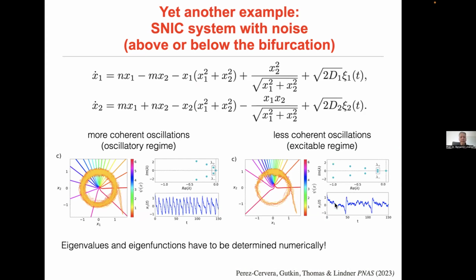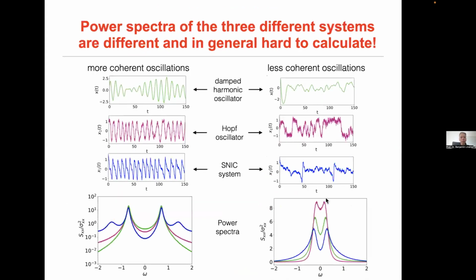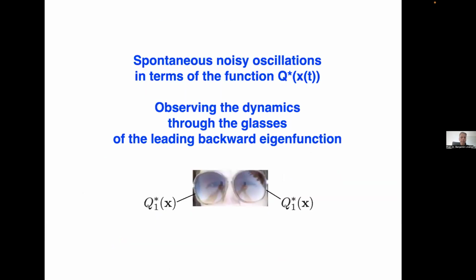Now we have these three example systems. Their trajectories look really different, as you see here. Their power spectra, for instance, look really different. They all peak at the same frequency. That's due to the fact that we tweak the parameters such that the lambda 1 value is always the same. However, power spectra are really different. Trajectories are really different. Now, what happens if we look through the glasses of the leading backward eigenfunction is the following,